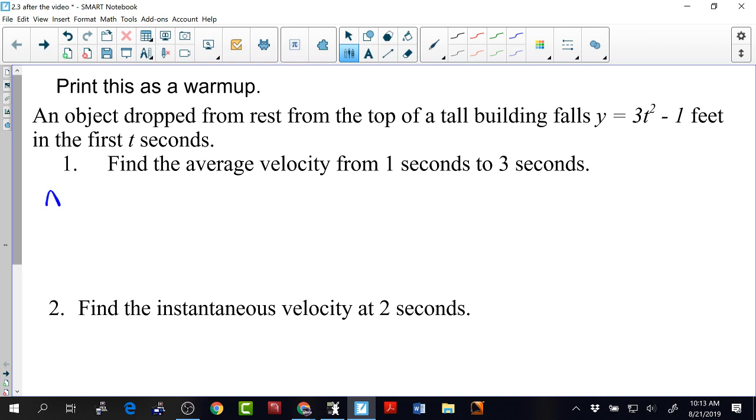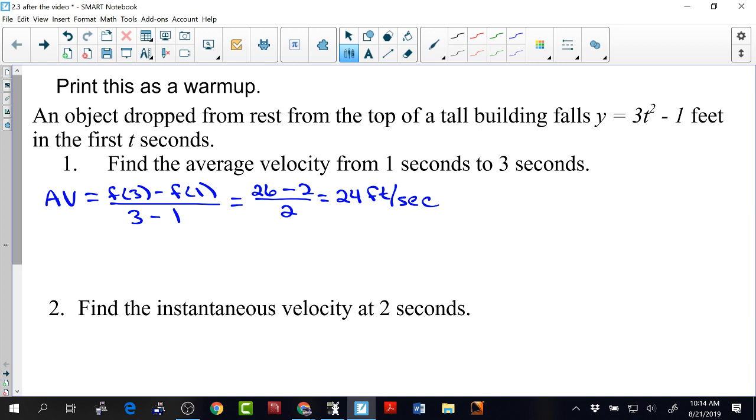So the average velocity is equal to, we just need f of 3, y2 minus y1 over x2 minus x1. It's the slope of the secant line, so it's your old-fashioned slope. 27 minus 1, that's 26. Plug 1 in. 3 minus 1 is 2, over 2. 24